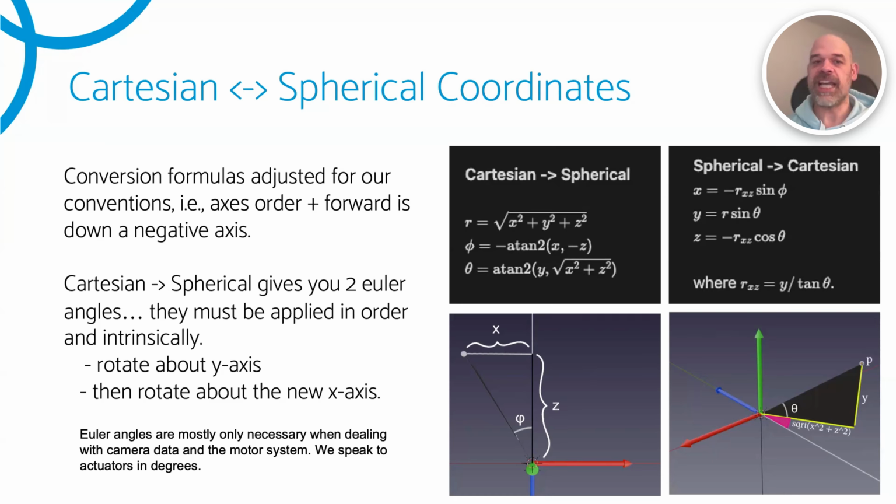And you don't have to deal with the headache of Euler angles at all, because Euler angles are a bit of a headache. When you get them, the first thing you should ask yourself is, what order do I apply these in? Do I first rotate around the x-axis and then the y-axis and then the z-axis? And the second question is, if I first rotate around, let's say the x-axis, so I pitch up a bit, and then I'm going to rotate around the y-axis, do I rotate around the new y-axis, because that's changed now? Or do I rotate around the